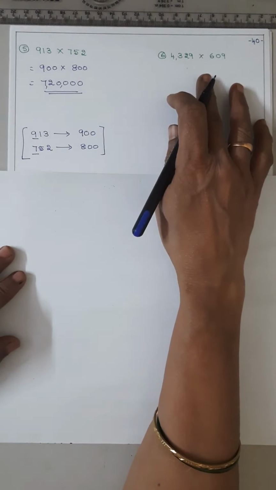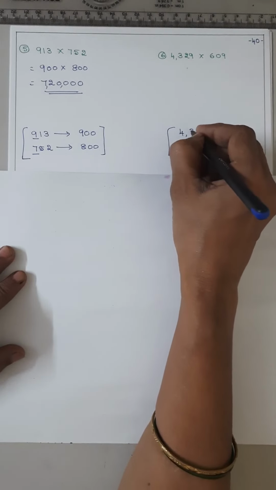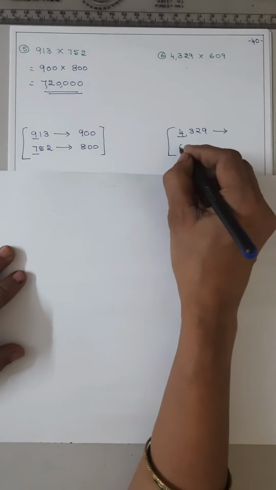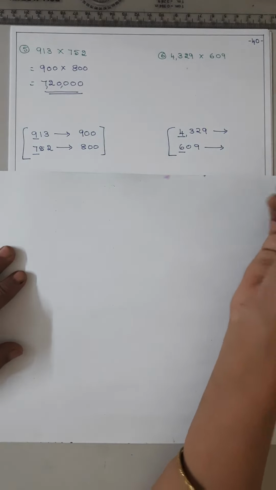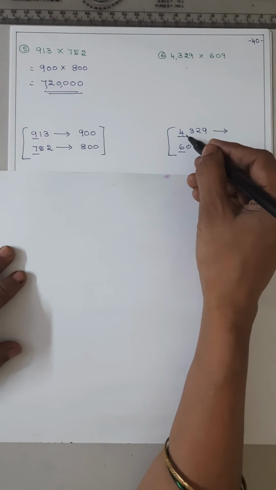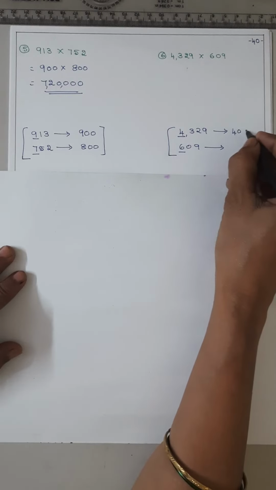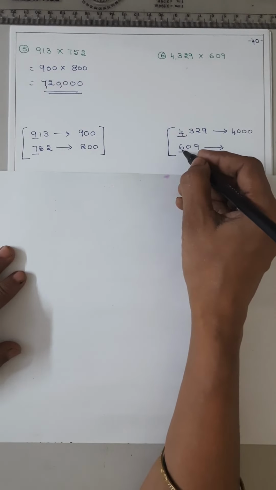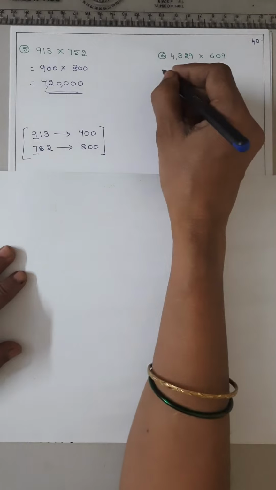One is in 1000, the other is in 100. So first number has to be round off to thousands place and second number is in hundreds to round off to hundreds. So first में 1000 के प्लेस में 4 को अंडरलाइन करो, राइट साइड में 3 है तो ये रहेगा 4 as it is मतलब 4000. और सेकेंड में अंडरलाइन 6 in hundreds, राइट साइड में 0 है तो ये 6 as it is रहेगा, that is 600.